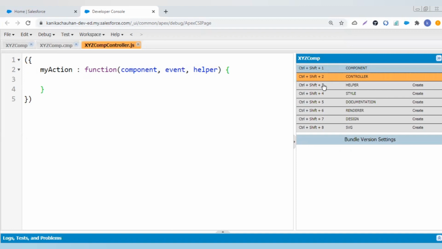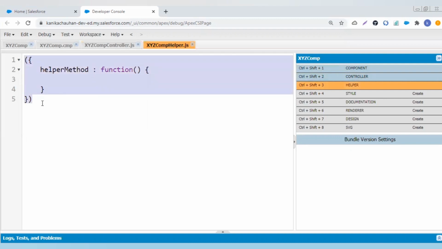The third one we are having is helper. Helper is a server-side controller. It is usually used for firing server-side actions and processing data or tasks. We call helper JavaScript functions from a client-side controller or renderer. It is also a part of the component bundle. A helper function can pass in any arguments required by the function, such as the component it belongs to, a callback, or any other object. If we want to reuse the function, then put it into the helper.